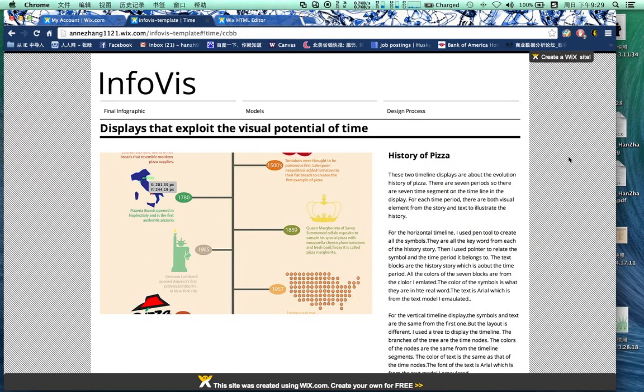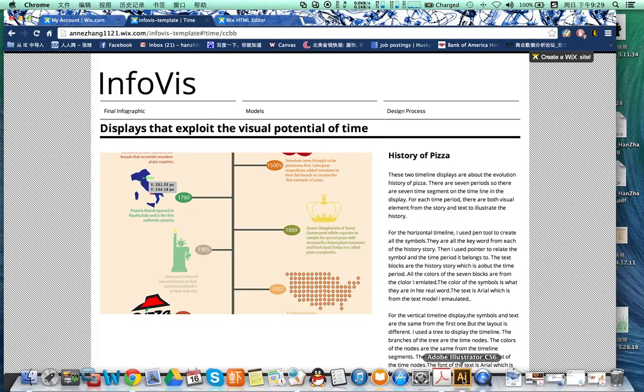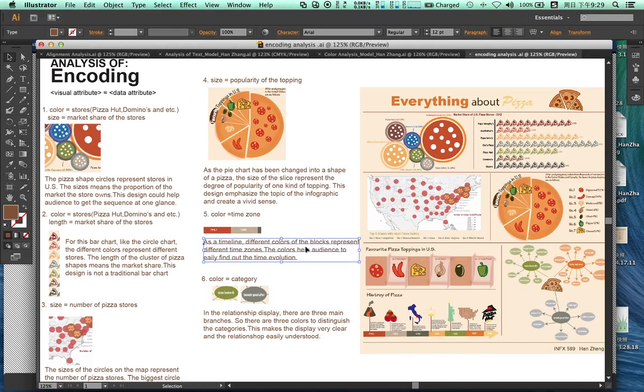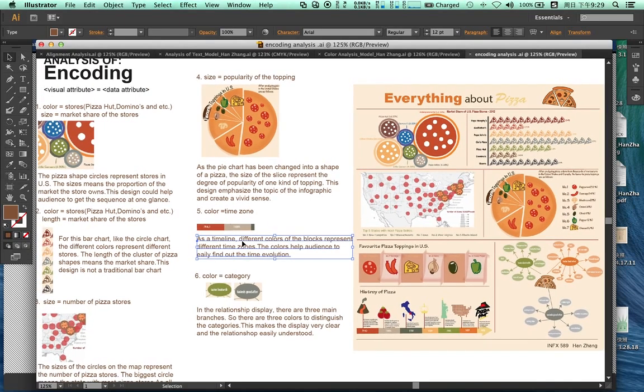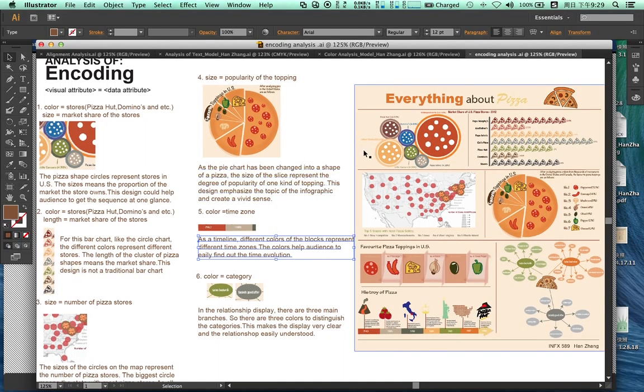Okay, so now I will talk more about the encodings. I have to say, I think my infographic is full of encodings because I have used a lot of pizza symbols and pizza illustrations in my design. So, for example, for the first one, okay,